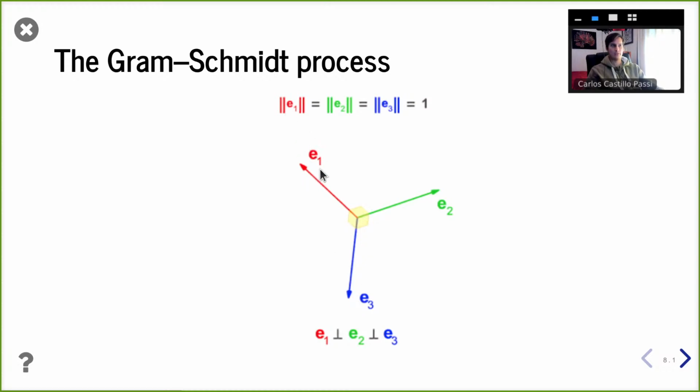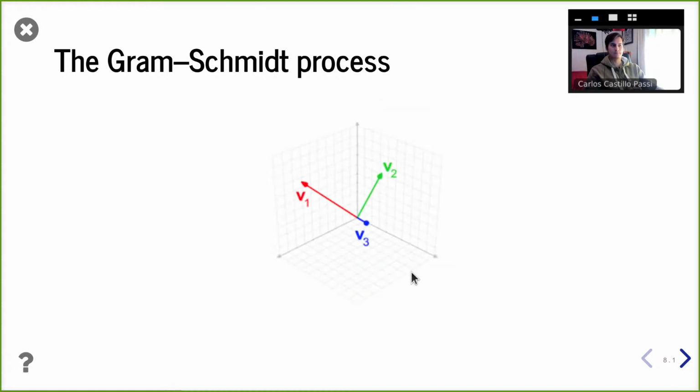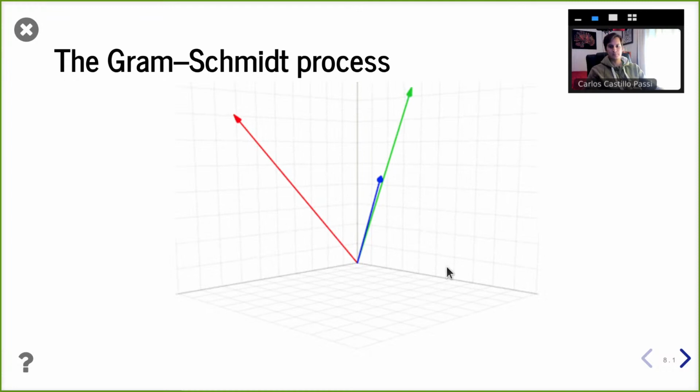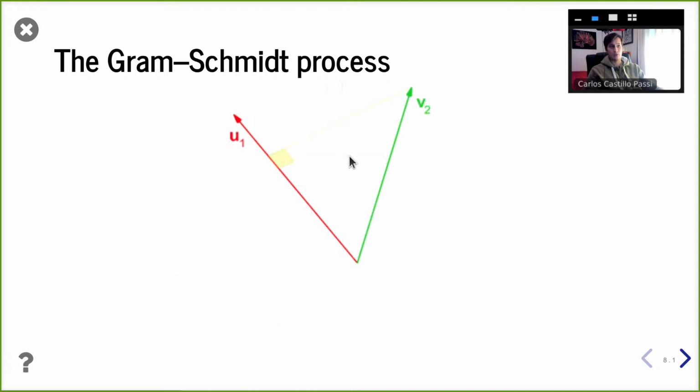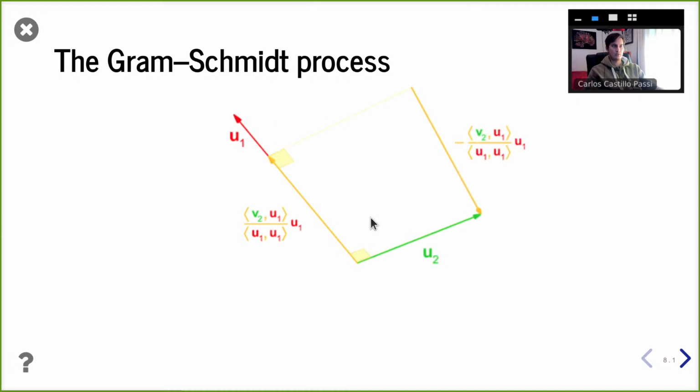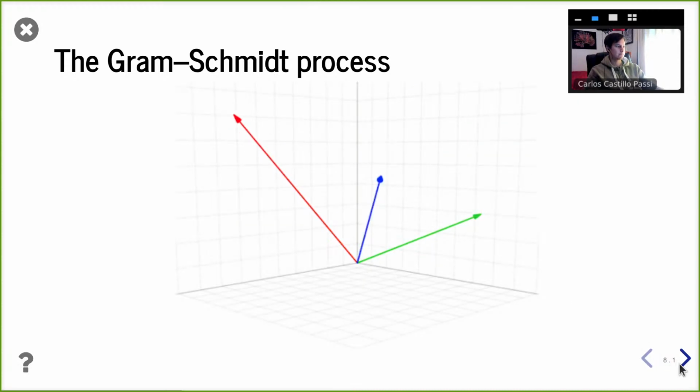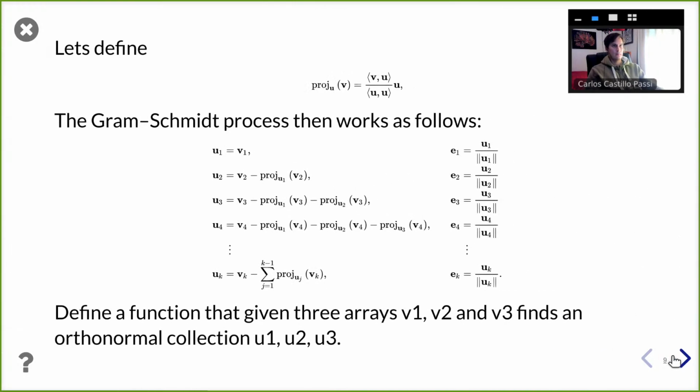The orthonormal vectors are denoted by this E. The starting vectors are denoted by this V. And the orthogonal vectors are denoted by these U vectors. You can see here that you're removing the parallel parts to the other vectors. Mathematically, this is equivalent to defining a projection vector that, as you can see here, is using this inner product